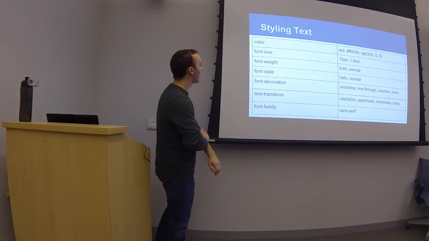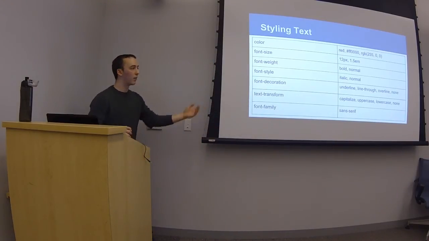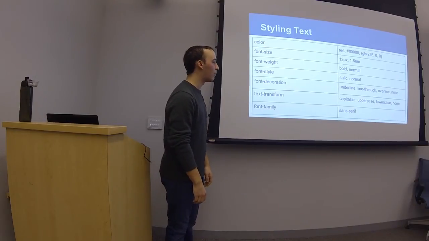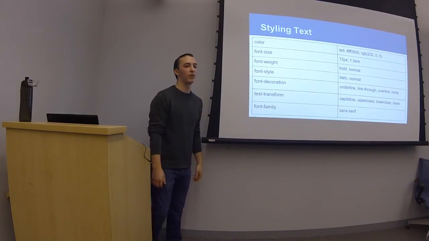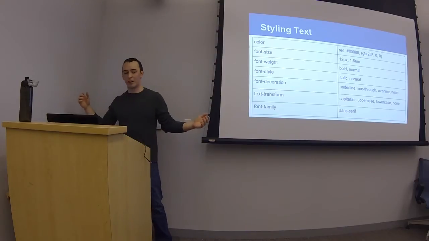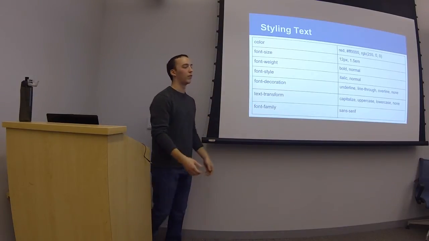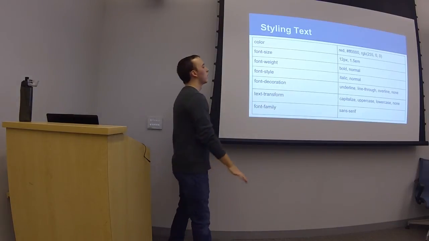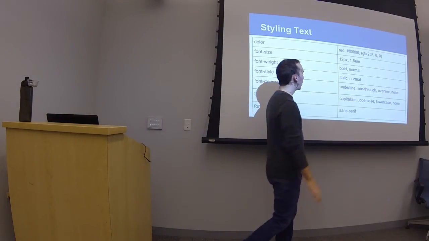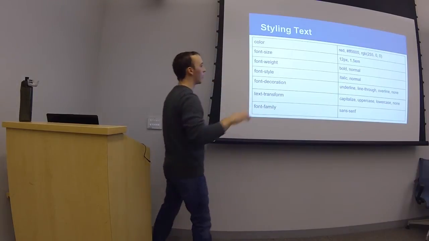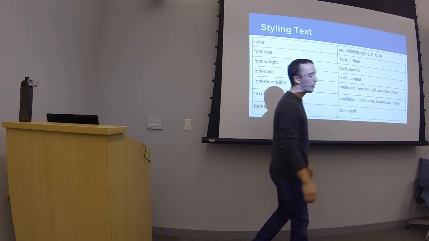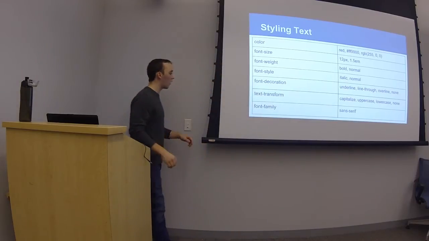So the next one is font size. And you'll see 12 pixels. That makes sense, right? Note that pixels in CSS doesn't really mean pixels, because browsers do funny things, people zoom in a lot, but you don't have to worry about that too much. Pixels aren't really recommended for fonts nowadays. EMs are. Now, EMs are